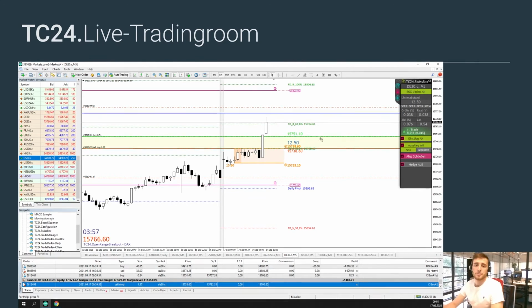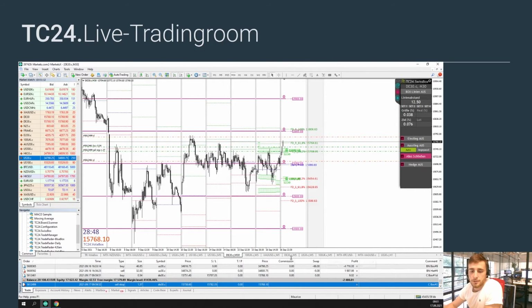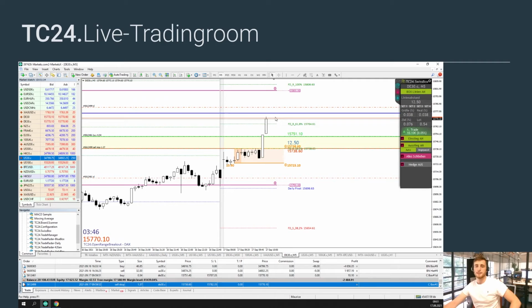So coming very close to our take profit there. Let's take a quick look at our FTSE trade. So it's still ranging a little bit. However, let's go back over to the DAX. And as soon as it reaches this blue line,